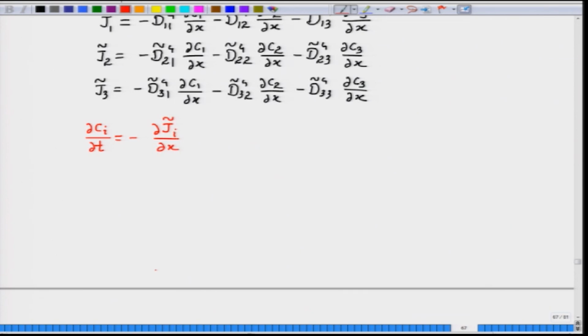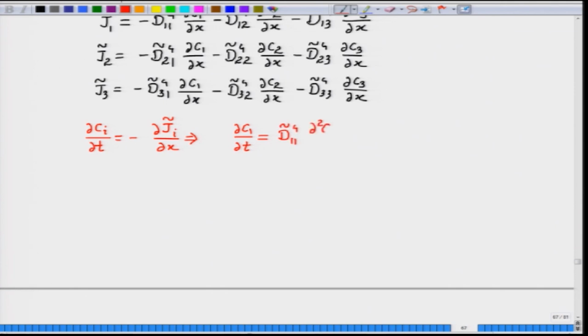So, if we expand this continuity equation again for the 3 components, we can write dou C 1 by dou t is equal to, since we are assuming that all the D i j tildes are constant, we can take them outside and we can write the right side as